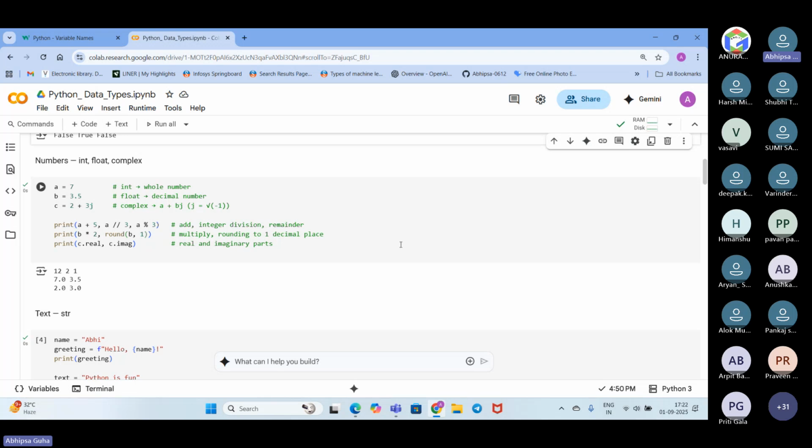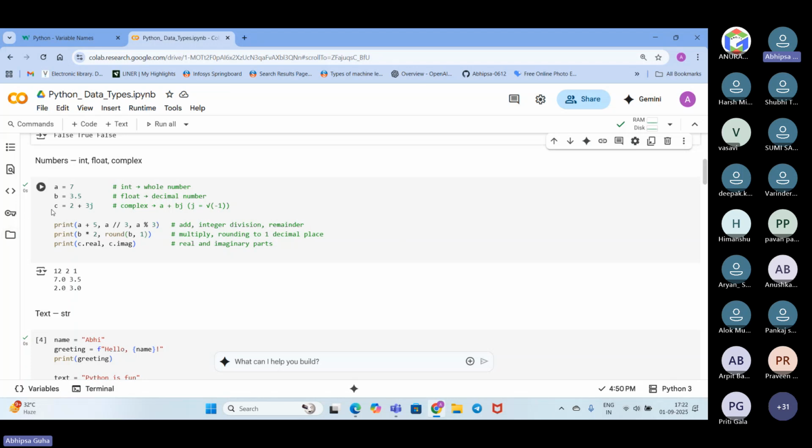Anything that we get on the real line while plotting any of the graphs comes under the integer, that is, the whole number you can think of. Float is the decimal numbers, and a complex number is the combination of a real number along with an imaginary number, where the imaginary number is like root over -1.